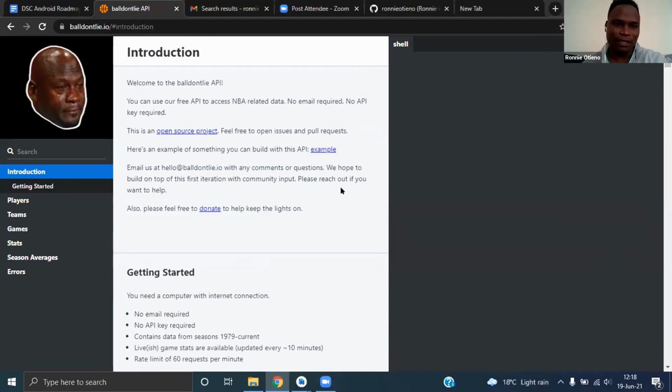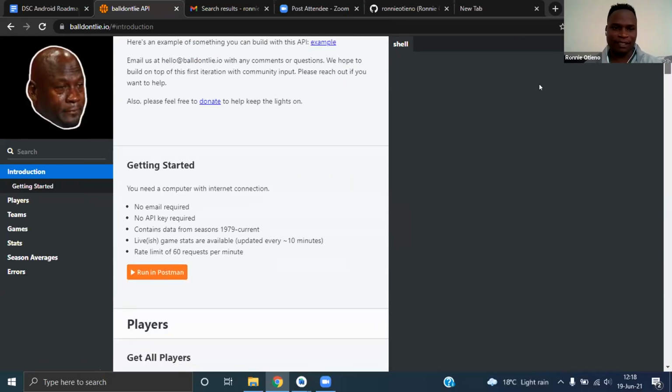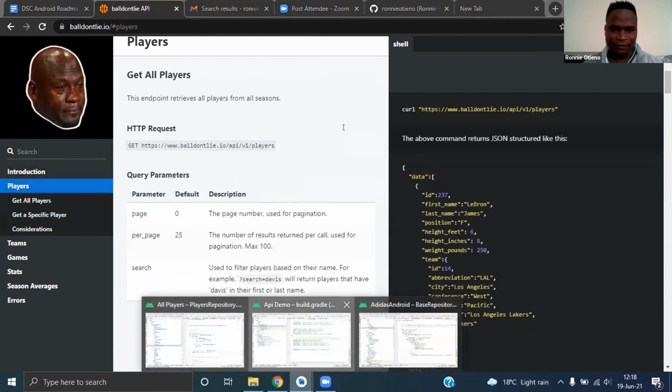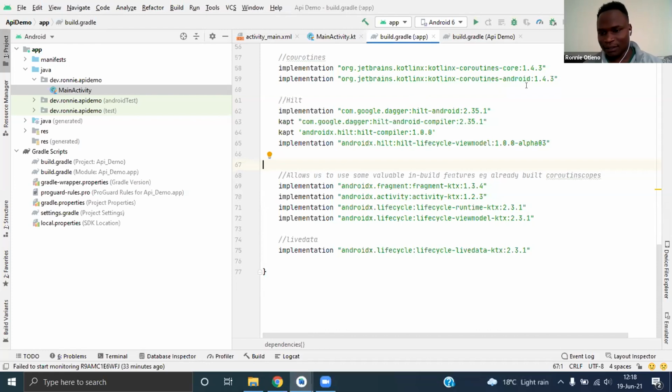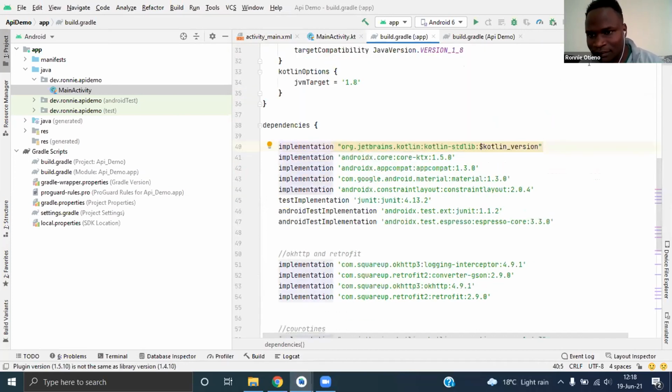Okay, so we'll go through this simple API because you don't need to have an API key and everything. We just get the URL and endpoint, and that's what we'll use today. It's just to get the players. So first things first, let's open the demo. So I want to add these panels here. Let me see, just a moment. Perfect. So this is the activity, the project that I built for that, and I've added